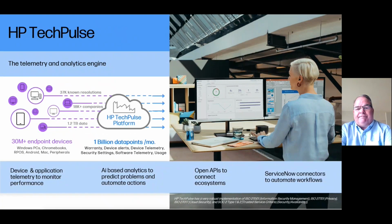What is TechPulse? It is the foundation of HP's hybrid by design services. TechPulse is a telemetry and analytics platform that provides critical data insights around devices and applications, that allow IT to make data-driven decisions in order to provide employees with the right PC, software, and services for them to succeed. HP TechPulse proactively identifies issues, enables remediation at scale, and minimizes threats by actively managing the security posture of the organization. Capabilities include automated collection, analysis, and aggregation of device telemetry, artificial intelligence to predict problems,